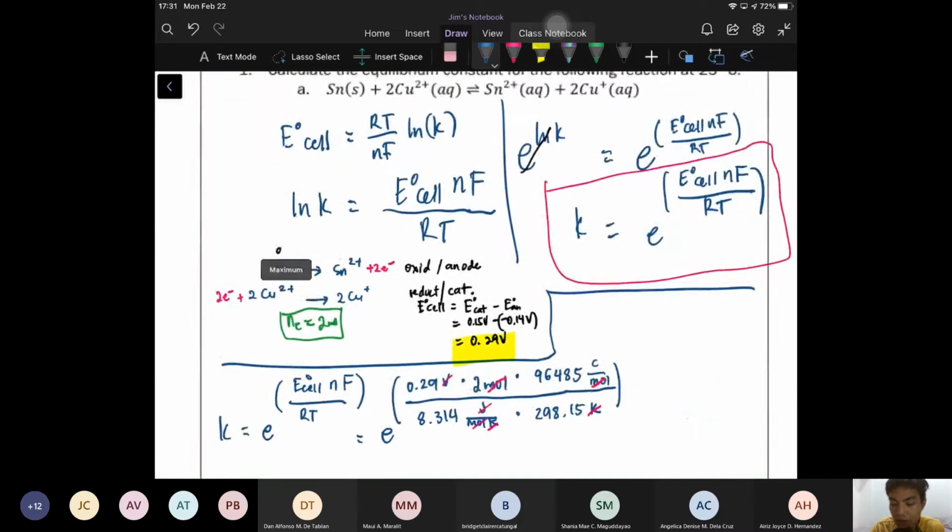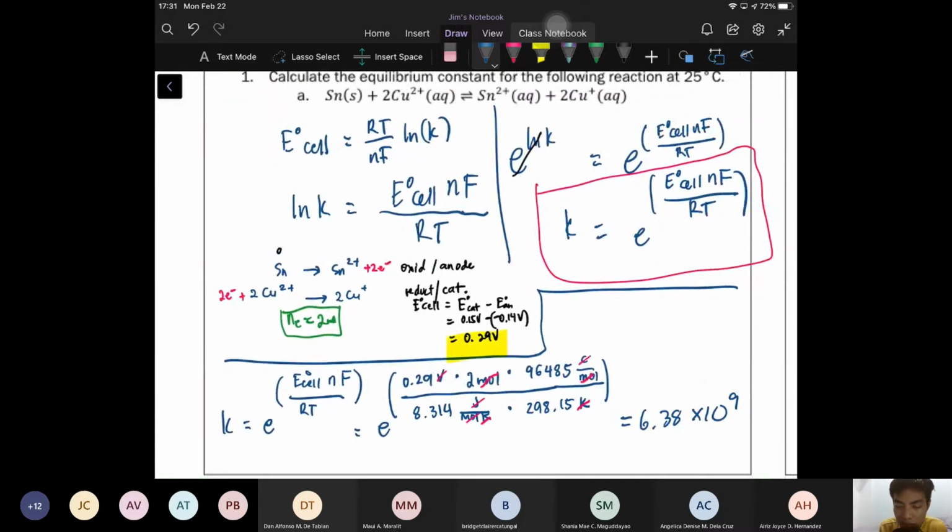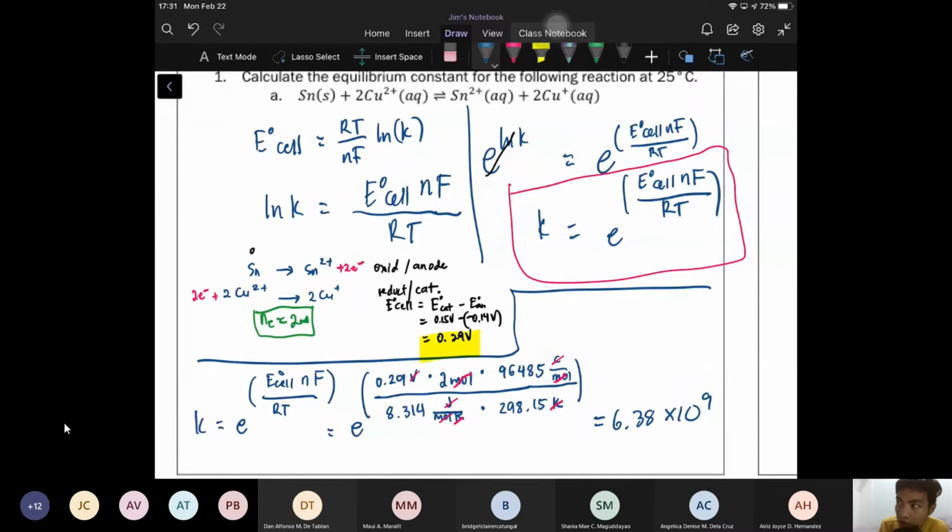So again, recall tayo before we proceed with the next question. E cell, alam nyo na yan, cathode minus anode. And that is the number of moles of electron in your balance equation. So, ibabalance mo yan, then you make the electrons equal. Yun yung ipa-plug in mo dito. F, Faraday's constant,